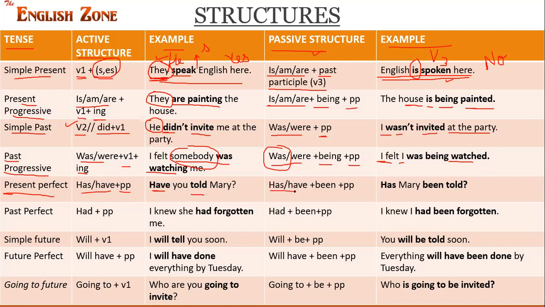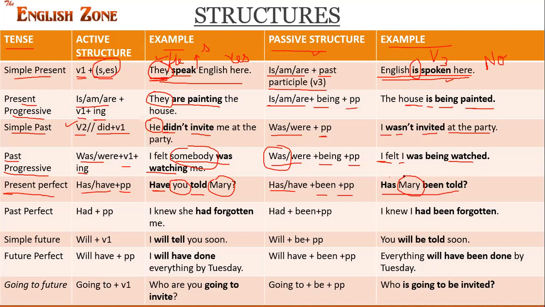So we have has have plus past participle. Now, in case of passive structure, again has have plus been plus past participle. Has Mary been told? क्या मैरी को बताया जा चुका है इसके बारे में? ठीक है, तो इसमें क्या है, बताने वाला पर्सन पहले है और जिसको बताया गया है वो बाद में है. And if we consider here, यहाँ पे जिसको बताया गया है वो पहले है और जिसने बताया है उसका पता ही नहीं. Has Mary been told? क्या मैरी को इन्फॉर्म किया जा चुका है, लेकिन मैरी को इन्फॉर्म किसने किया है या मैरी को बताया किसने है वो हमें नहीं पता. ठीक है, so this is the main difference.